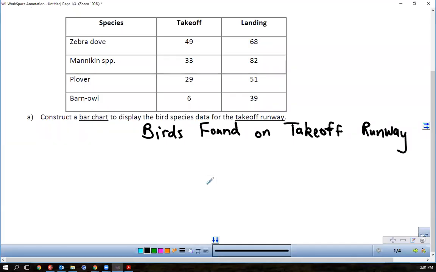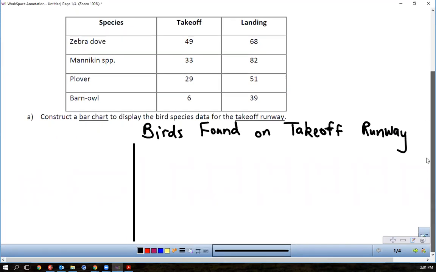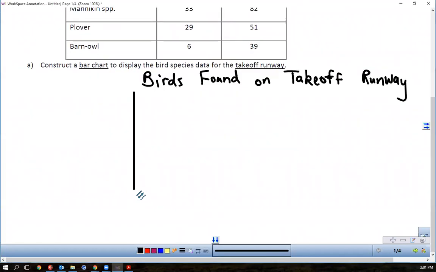Okay, so there's our title. Now let's draw our axes in there. Okay. Label each type of bird. So we're going to have